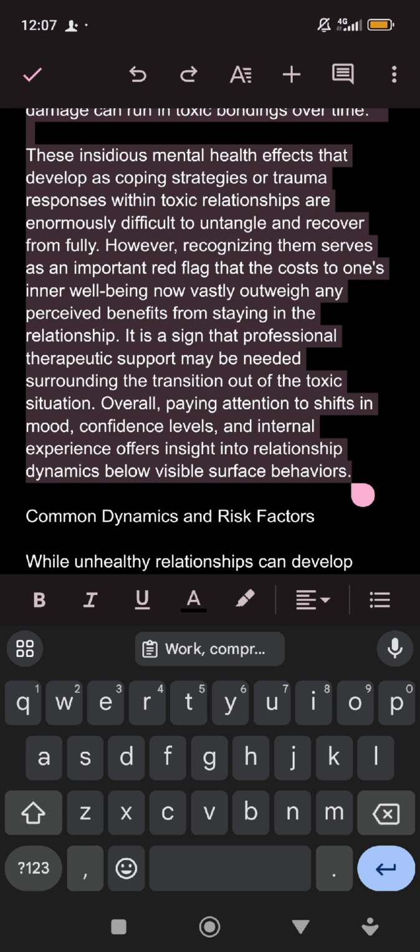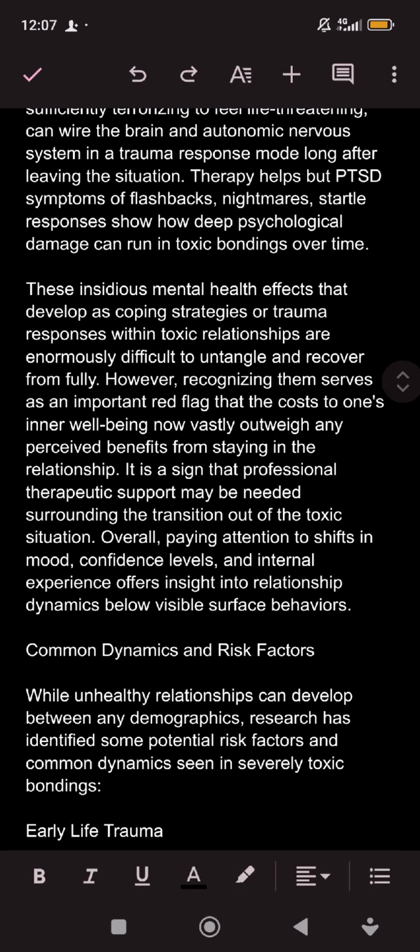Now you can see it's already showing me work, comma, so that thing I copied before. Yours must not be like this. But once you copy or cut from your keyboard, you paste it here. You can actually hold the surface of your phone to paste it.